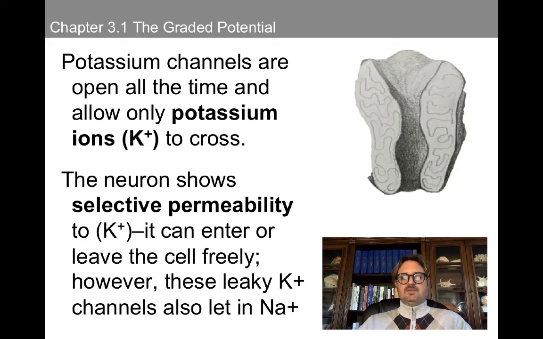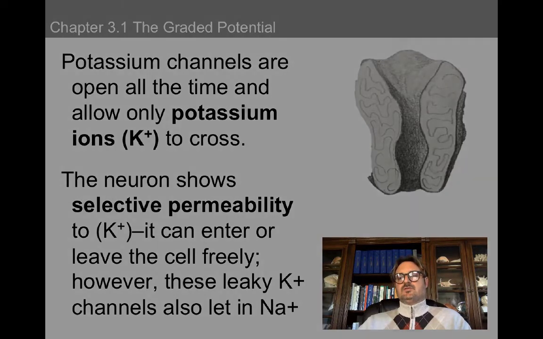We're going to abbreviate potassium as a K. It has a plus sign next to it so that you will be able to remember that it is positively charged. It's a cation. But the neuron shows selective permeability, so potassium can enter or leave the cell freely. These potassium channels sometimes let sodium in as well. So this is a problem for the neuron because the neuron is trying to remove the sodium from the intracellular